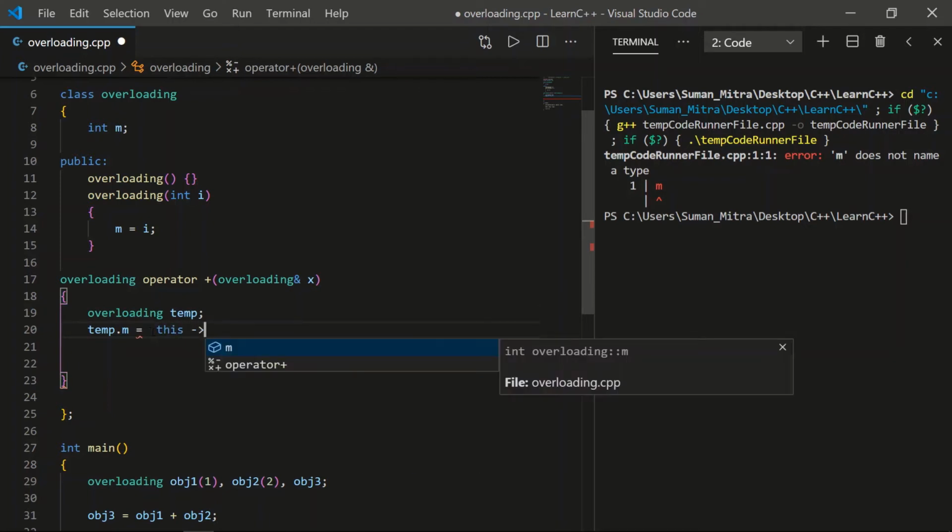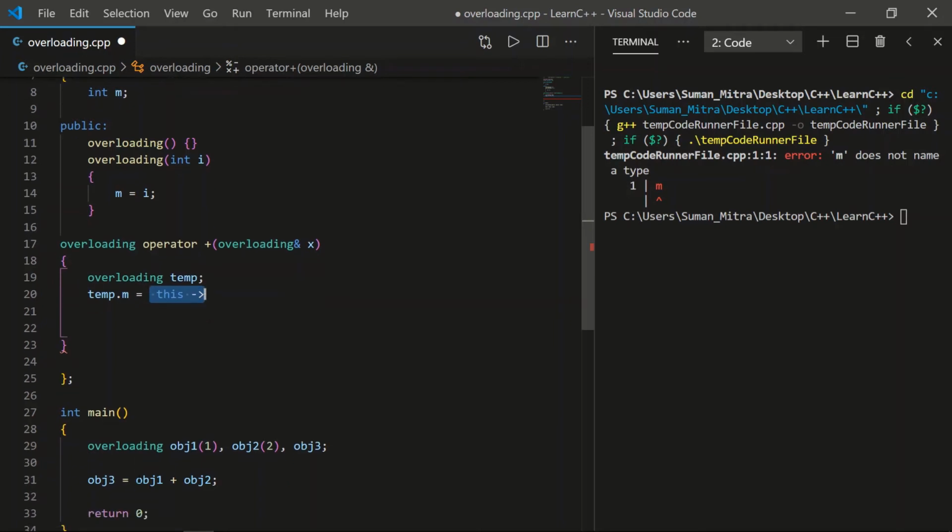This is called the this operator. What does this mean? This works for obj1, whatever is passed first. If you don't write this, it is also okay; you can just write m here, and then plus, and the second object will get entered in this place.